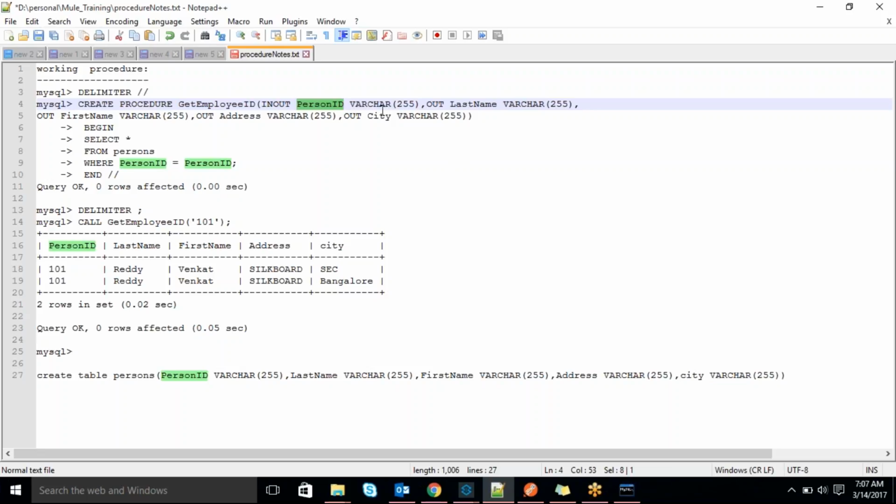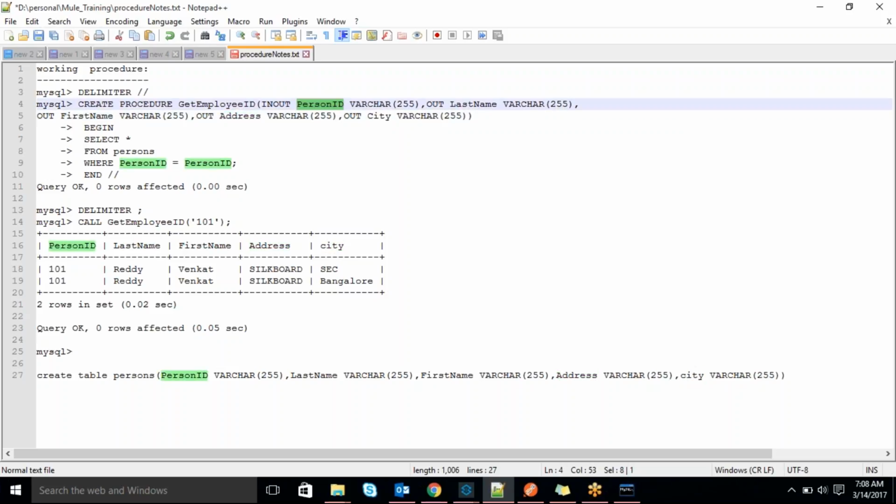This is the field name, this is the return type, and how much length it will take. The next one is last name, it will return as a parameter, and the return type is varchar, a string that allows 255 characters. Similarly, first name is an out, address is an out, and city is an out.